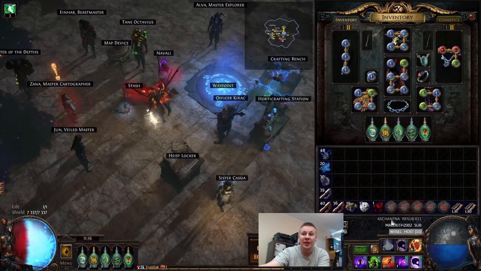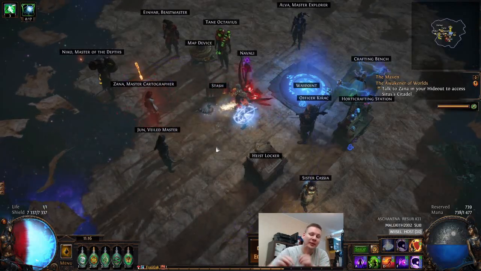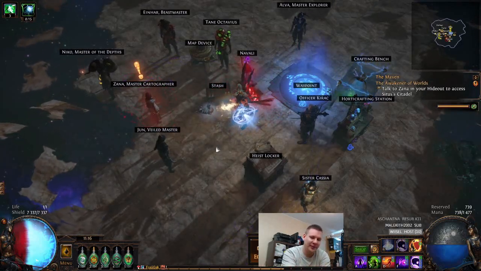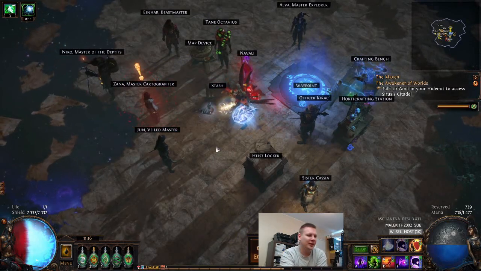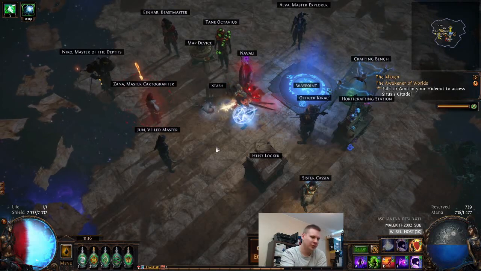So we're actually self-cast. I leveled as self-cast because I don't know, I felt like it. I didn't feel like leveling as Slinger. So basically what we did is just use Bane